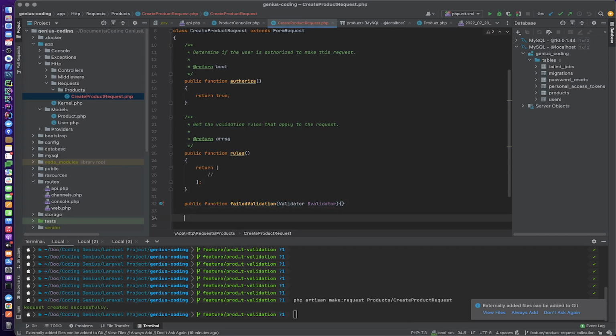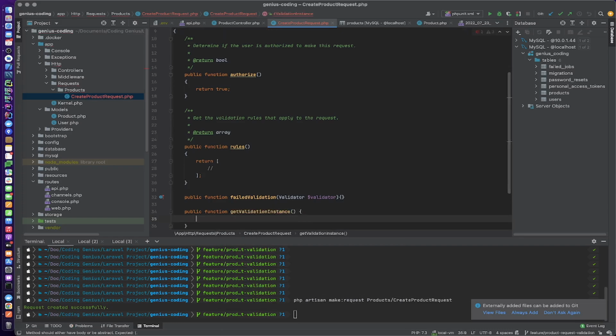The other thing is we'd like to access this request instance in our controller, so we need a function where we return this. Let's write public function getValidationInstance, and there we would return